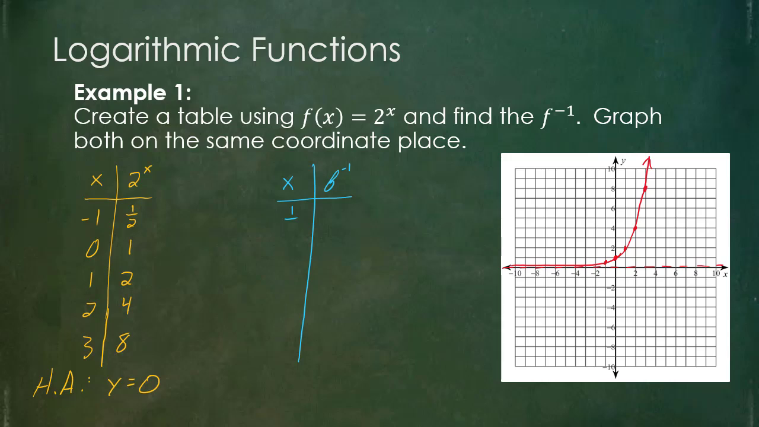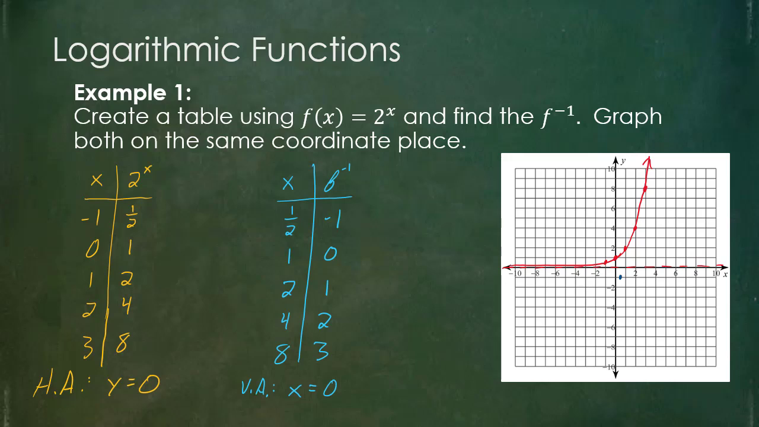So -1, 1/2 would now be 1/2, -1. 0, 1 would now turn into 1, 0. 1, 2 will turn into 2, 1. 2, 4 will turn into 4, 2. And 3, 8 would turn into 8, 3. And since I'm swapping x's and y's, notice my asymptote, if I were to swap the y that was there to x, that actually creates a vertical line, which is now going to be a vertical asymptote. So if I were to now graph these points on my grid over here,